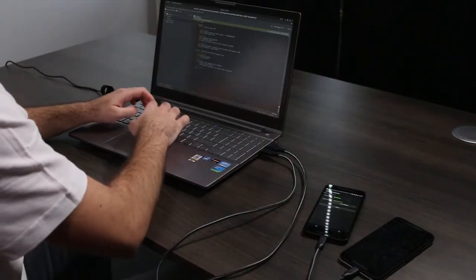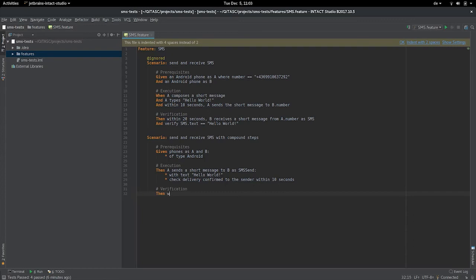Okay, for the verification part, we have to wait for the sending of the message, and for this we have the following step. Then within 20 seconds expect the short message SMS send. This is how I named my SMS here, it should match, to be received. Okay, this will wait for 20 seconds for this workflow of sending the SMS to complete, because again, compound steps means